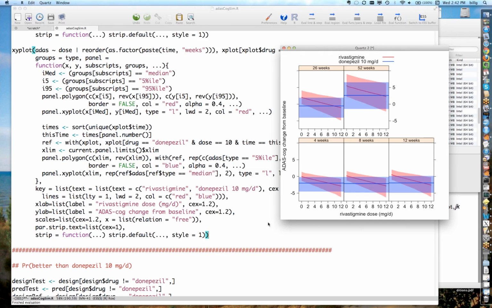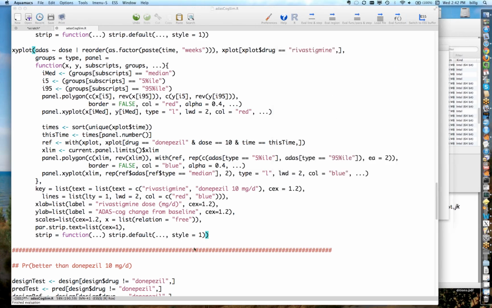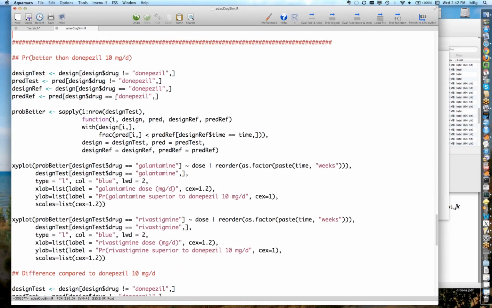So let's take a look at it another way. You can directly ask that question: what's the probability that the response for a particular dose of, say, galantamine is better than donepezil 10 milligrams per day? So this is going through that calculation. Again, we're taking the same predictions to do that. Since we have all these individual predictions, that's a fairly straightforward thing to go through and just grab a given